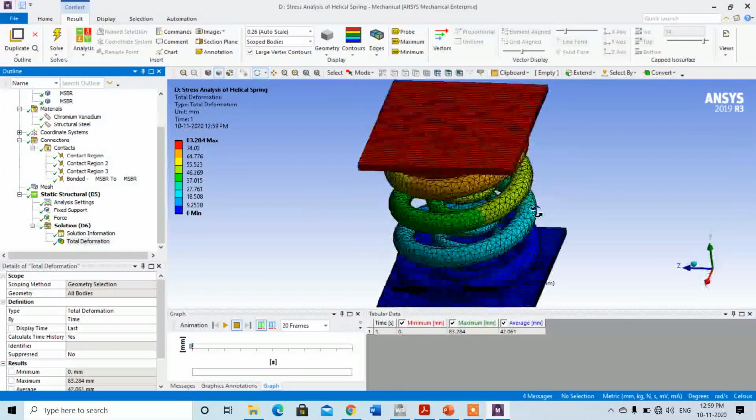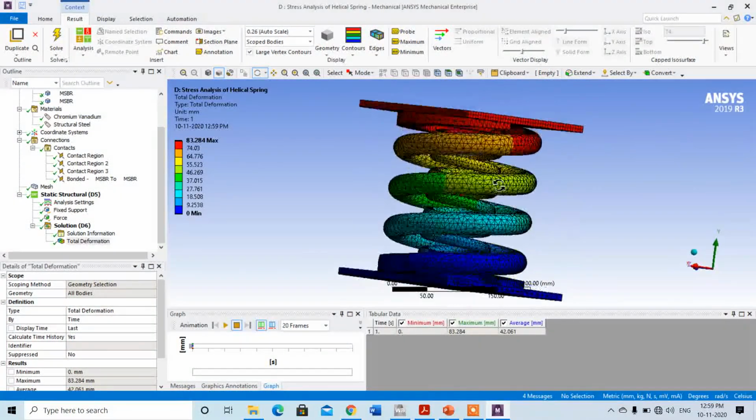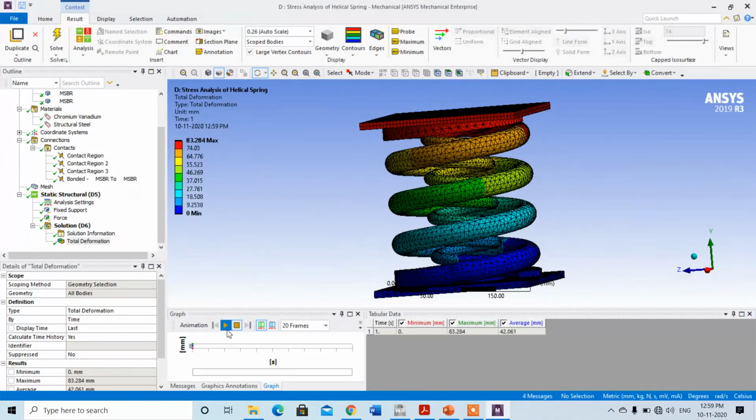Yes, it has been solved. Again, you can check the deformation.